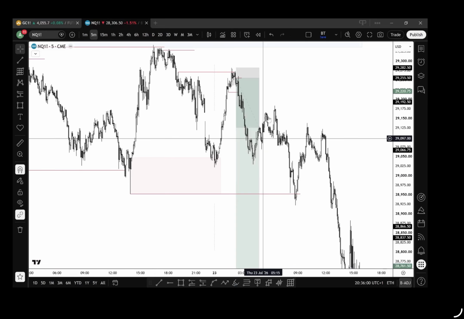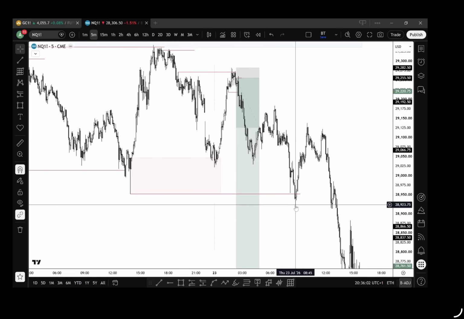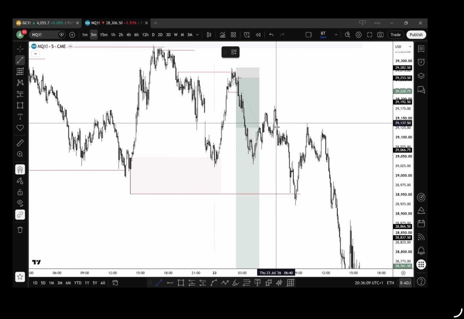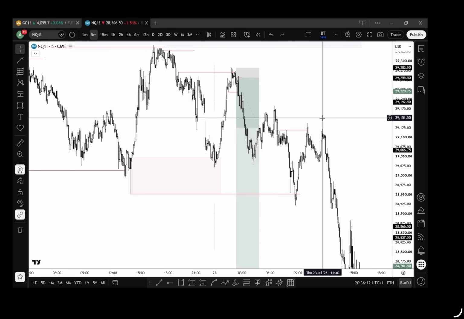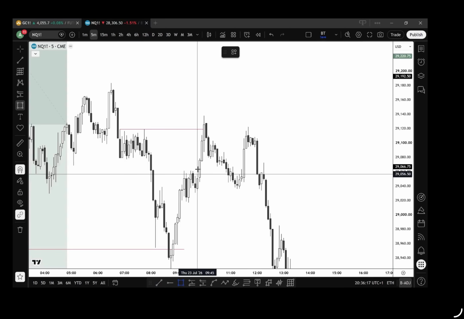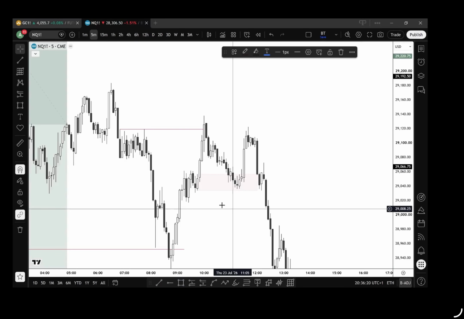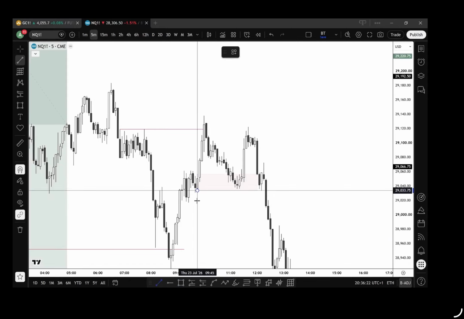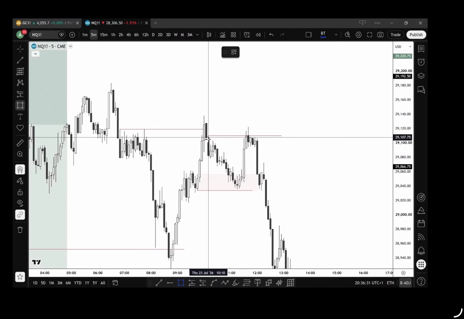We then come towards the London session. We induce lower during London Open, and then we take these highs. This now forms our LB. Now this is exactly where I took my position during London. We come to retail POI. You want to see that respecting that low. We move away. We take these highs, and this is an LB.